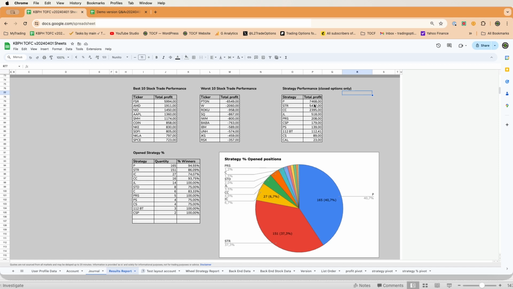Okay, so in my case, I've been most successful with puts and strangles, and then so on further on, as you can see. And then maybe also here a visual with the most used strategies. So in my case, I've been most profitable, let's say, also in the puts and in the strangles, because those were also the two strategies that I've used the most, as you can see here in this graphic. And then the open strategies with the number of winners in quantity and also in percentage. I think that's a value